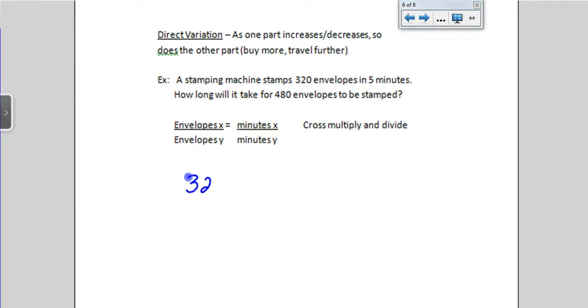So 320 envelopes in 5 minutes, 480 envelopes, and we don't know how many minutes that's going to take. So we're going to go ahead and we're going to cross multiply this problem. And when you do that, 480 times 5 divided by 320, you get x equals 7.5 minutes. Now it's very unlikely the ACT would leave it as 7.5 minutes. They would very likely write it as 7 minutes and 30 seconds